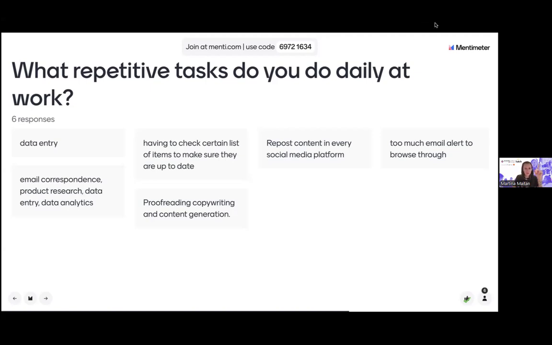Tell me if I'm wrong. This is my interpretation. Let's see another one, the fifth one: email correspondence, product research, data entry, data analytics. I assume that this is a sort of one-man or one-woman band that has to do a lot of tasks daily that are also really scattered, and the brain needs some time to focus on each of them. The risk is that you jump between all of them and